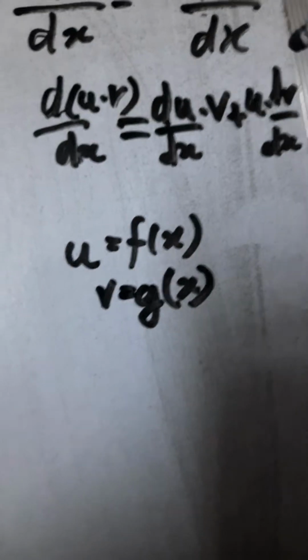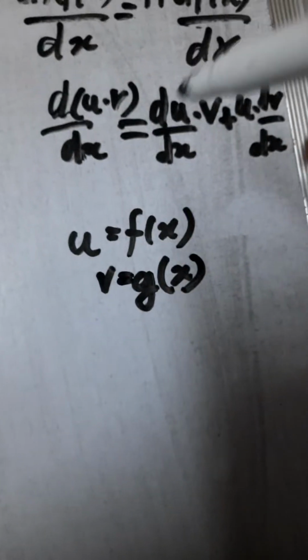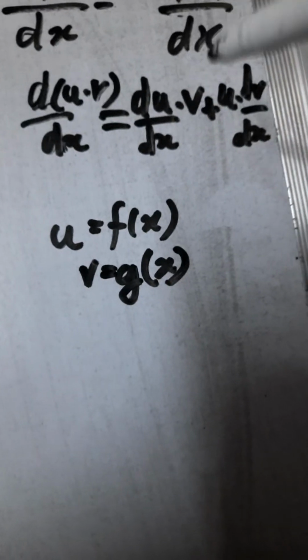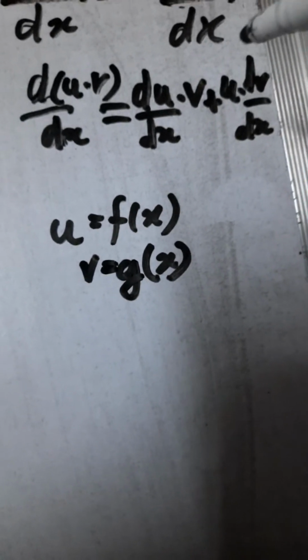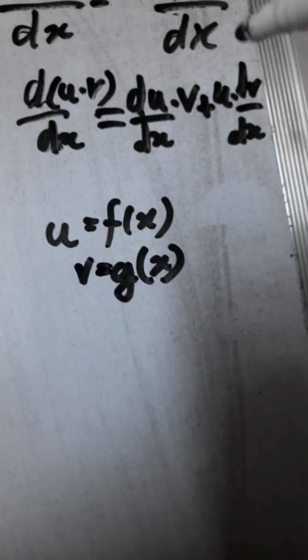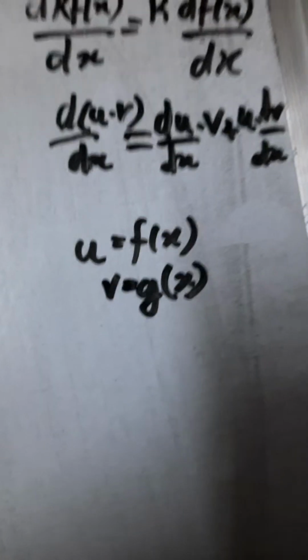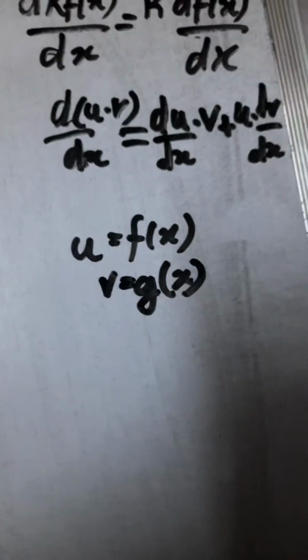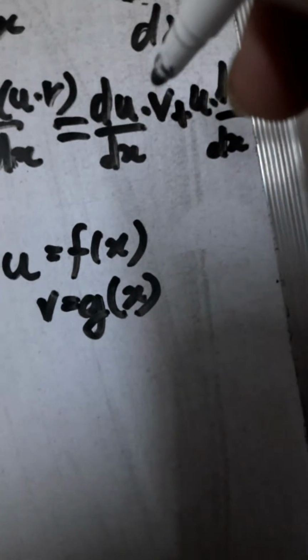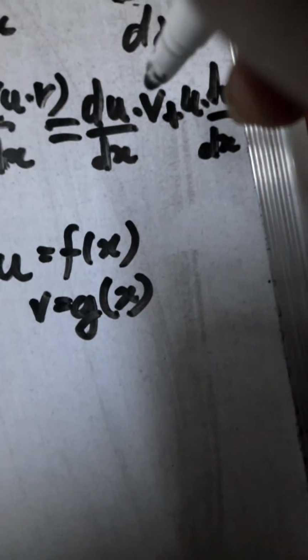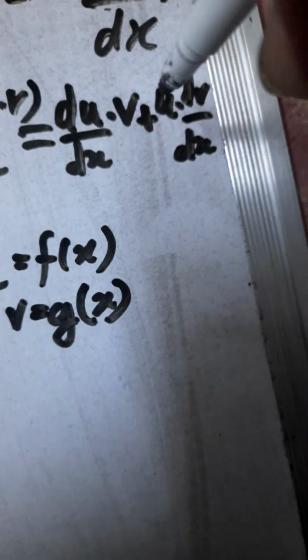Derivative of the first function into the second function plus derivative of the second function into the first function. Like, which was not differentiated earlier, you have to take the derivative, and which was intact earlier, you have to take the derivative of it. Just understand this. One function you take the derivative, keep the other intact, multiply them, plus then take the intact one and do its derivative, keep the previously differentiated one intact, multiply them and add. So what would happen here is,